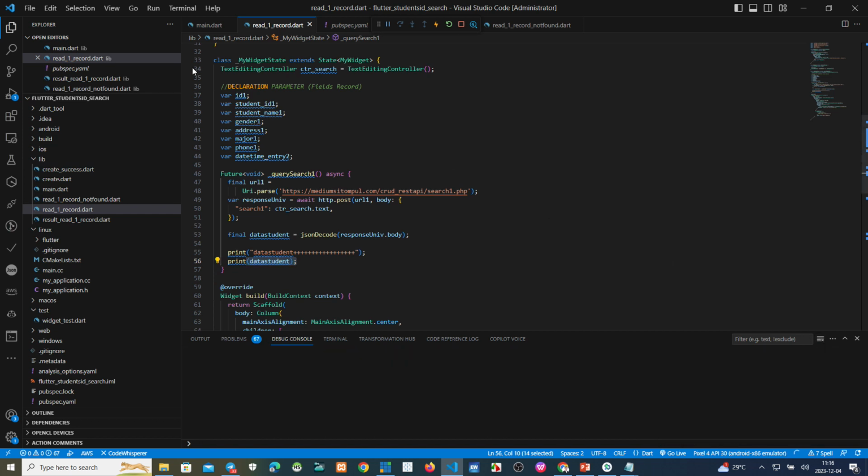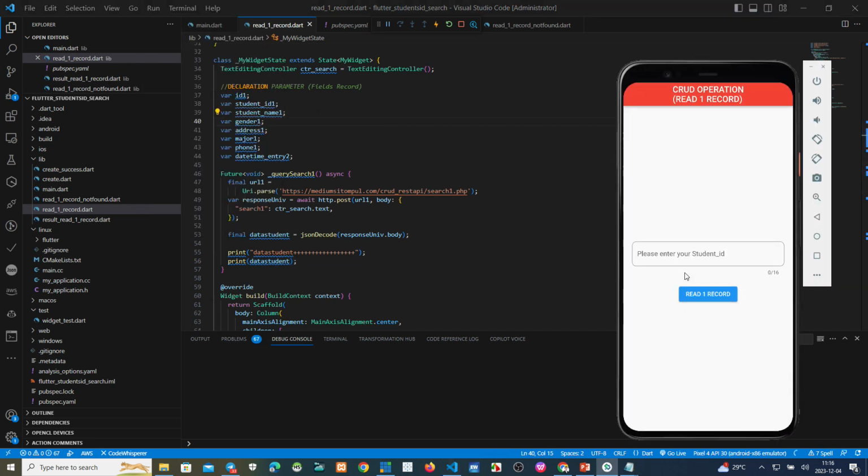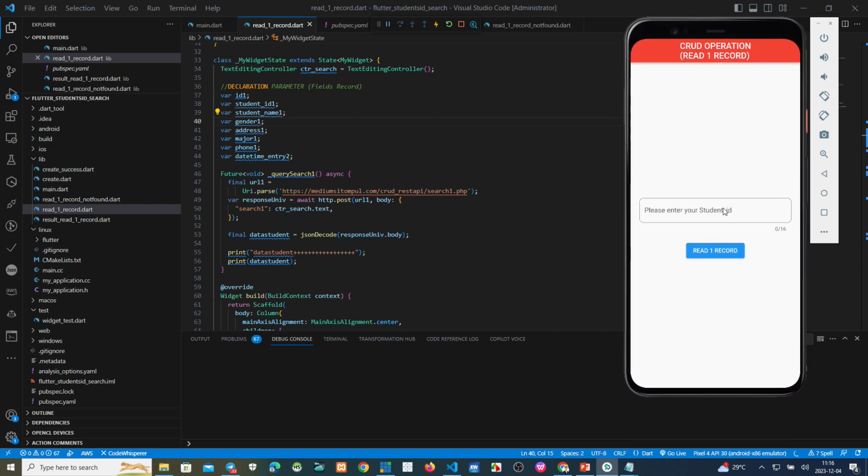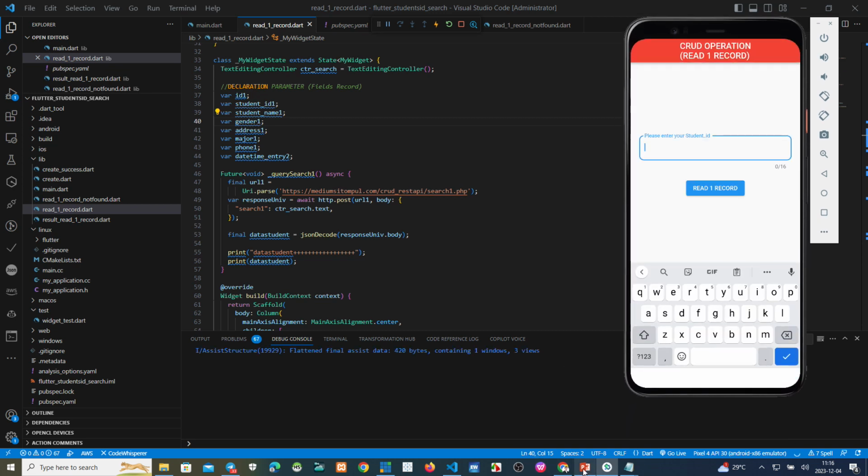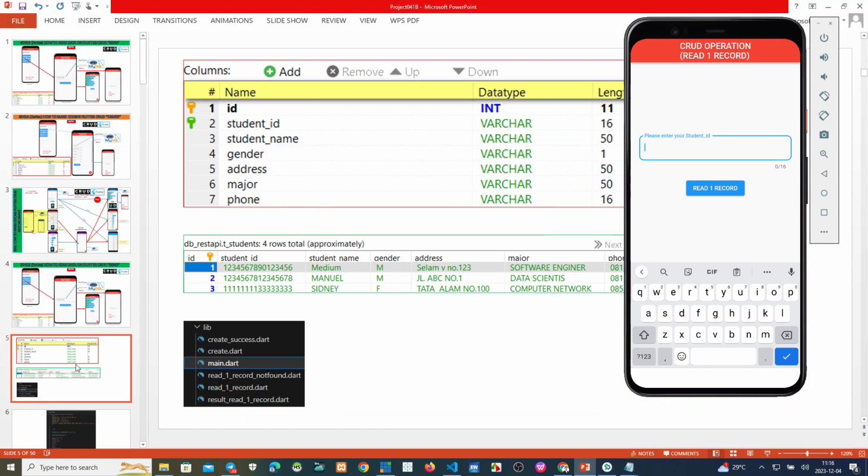Okay, now we put here, make this one. We search data student ID, put here 1, 2, 3, 4, 5, 6. Okay. If we put here the student ID, all the records will return to the Flutter because